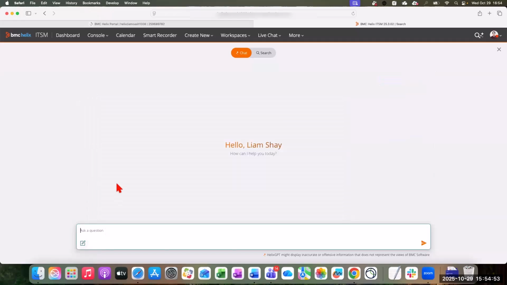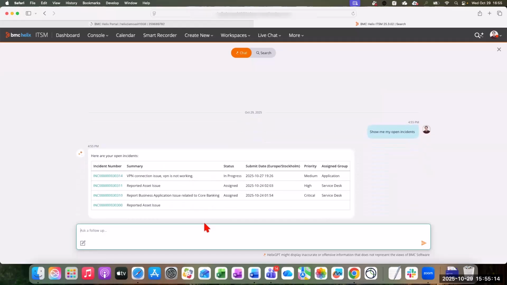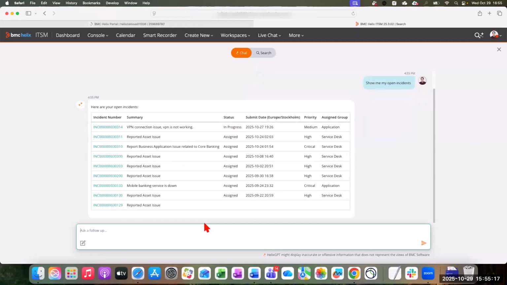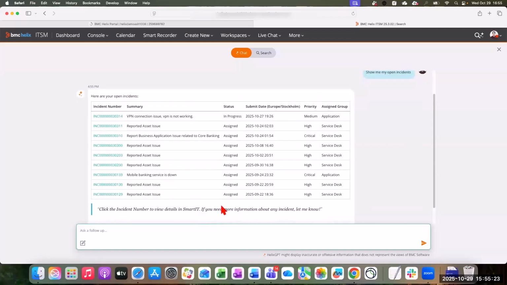Now we can of course do more things here. I can say something like, show me all my incidents. And it can start to list that information. Now it uses another source, right? This is not coming from the knowledge base. This is coming from the ITSM data that we ingested into HelixGPT, and it's probably using the other tool, maybe the one called ITSM. Anyway,